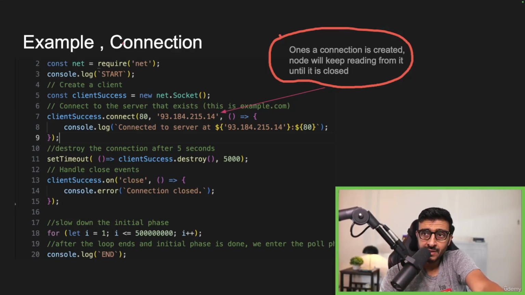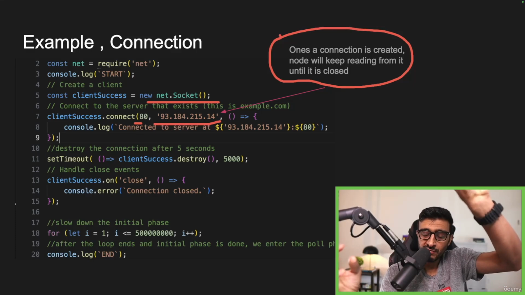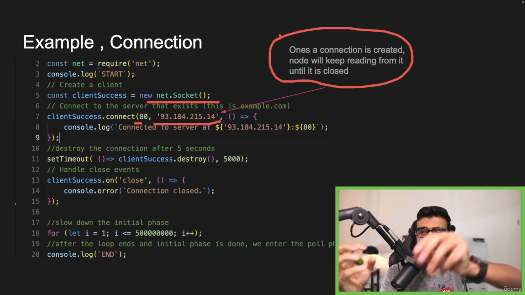In this particular case, we're creating a socket and we're connecting to the example.com IP address, 93.184.215.14, and I'm connecting to port 80. And if I call connect, which goes to the poll phase, the socket will be created in the initial phase, but it won't have anything, of course. But then the binding will happen